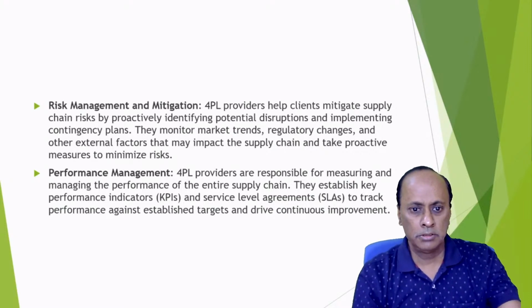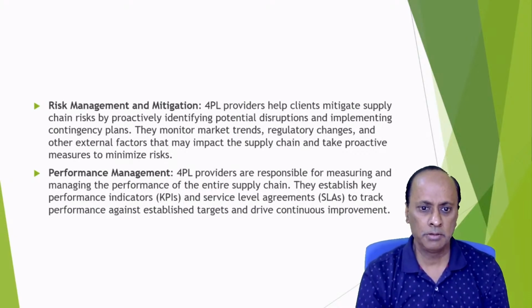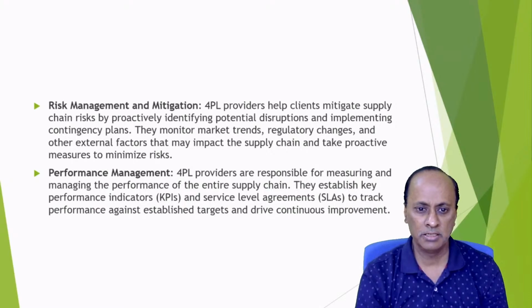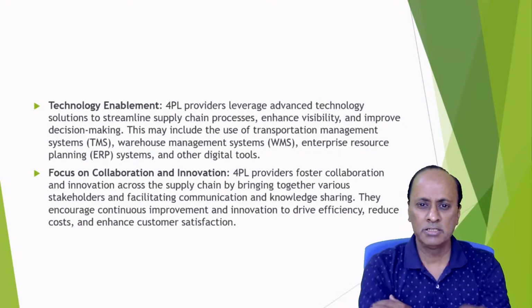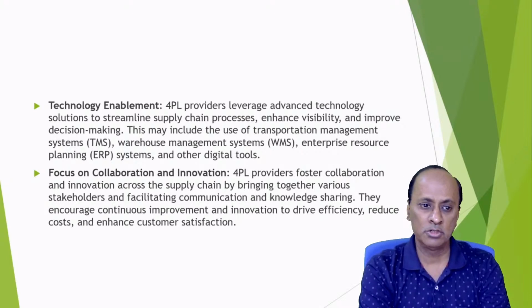While discussing 4PL, providers are responsible for measuring and managing the performance of the entire supply chain. They establish key performance indicators and service-level agreements to track performance against the established targets and drive continuous improvement. Technological enablement: 4PL providers leverage advanced technology solutions to streamline supply chain processes, enhance visibility, and improve decision making. This may include the use of a transportation management system, a warehouse management system, enterprise resource planning, and